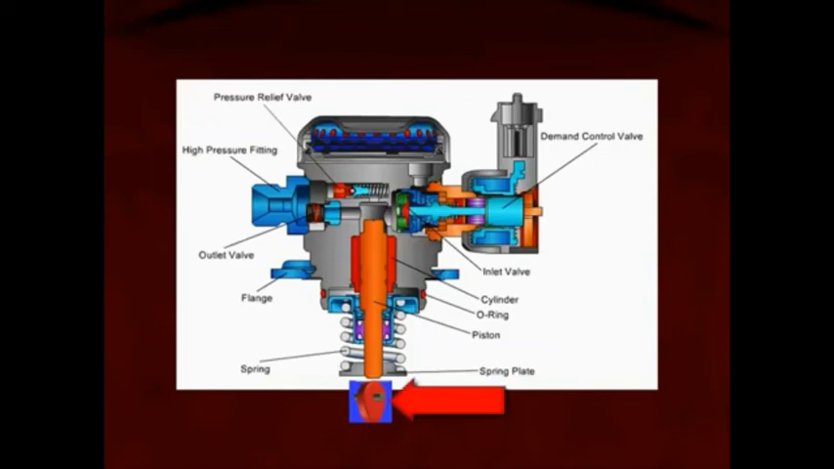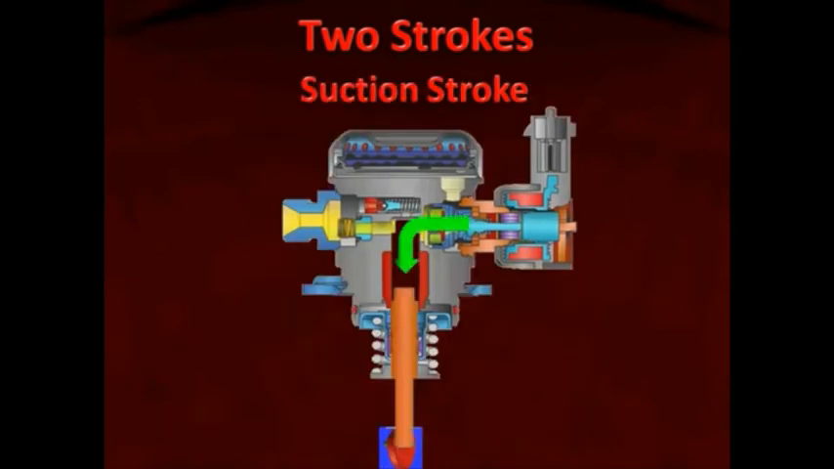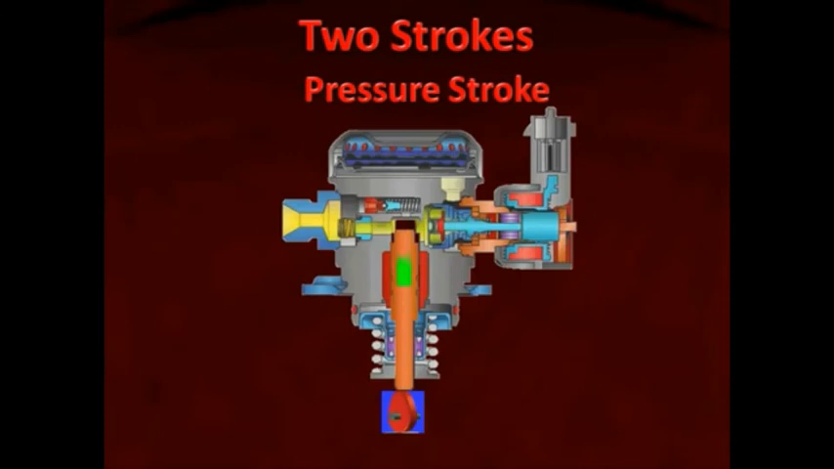At the bottom we can see that special cam lobe on the camshaft. Now there's two strokes. It's a simple piston that goes up and down. There's a suction stroke and a pressure stroke. All of this is controlled by that cam lobe. During the suction stroke, the piston falls to the bottom, and fuel is drawn into that chamber. Then the pressure stroke is driven by the camshaft lobe, so the piston comes up and pressurizes that fuel